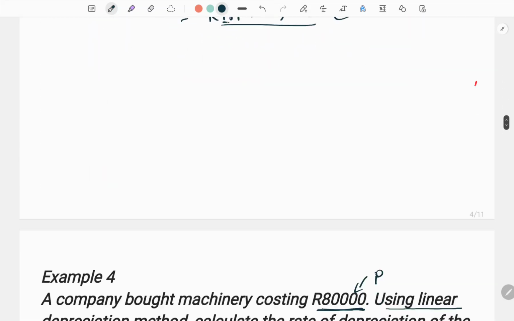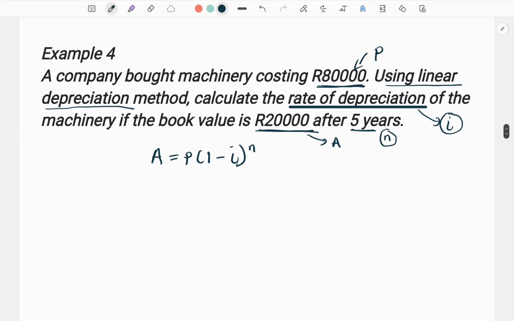Then it's going to be A is 20,000, P is 80,000, 1 minus, we are looking for the rate, I,